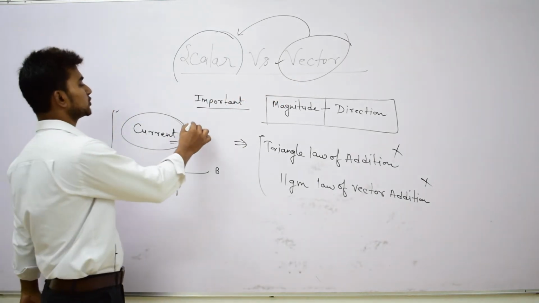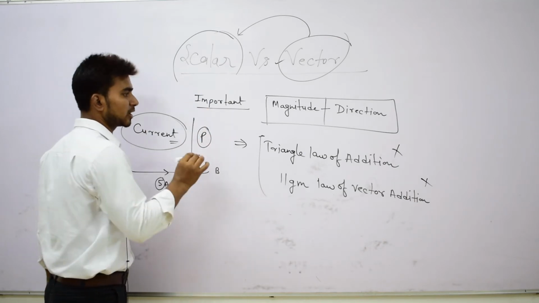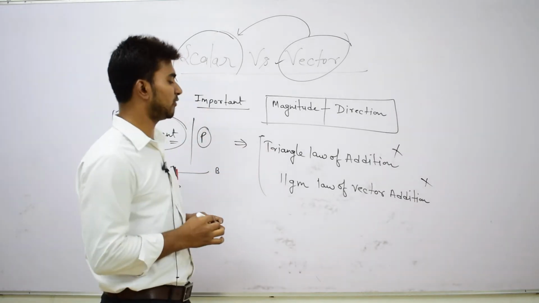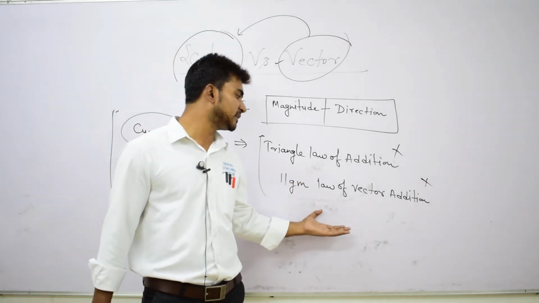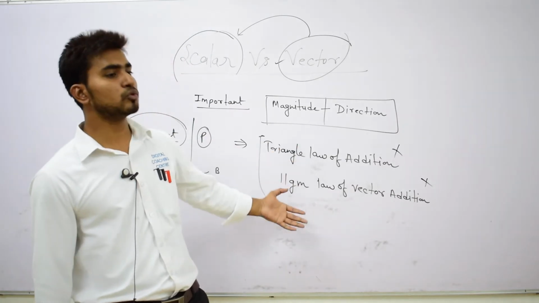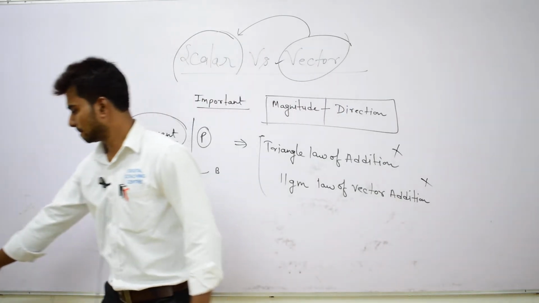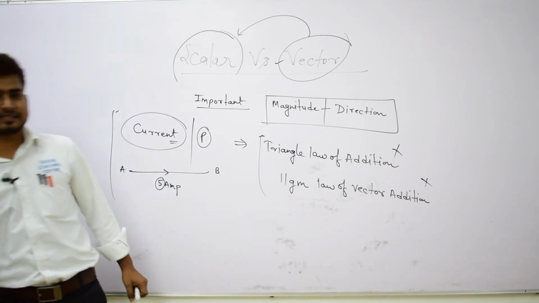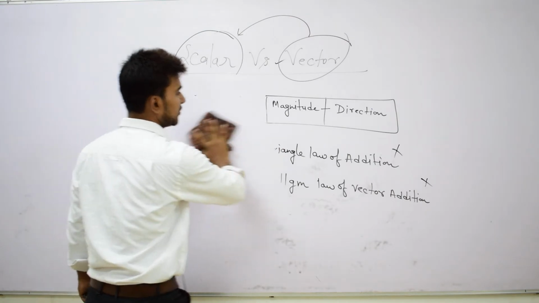Some other example also, like pressure. Pressure is also a scalar quantity because it does not follow the triangle law of addition and the parallelogram law of vector addition. Now we have to understand what these two laws are. Okay, so these two laws I'll discuss later. I'll just give you the basic representation of the vector,